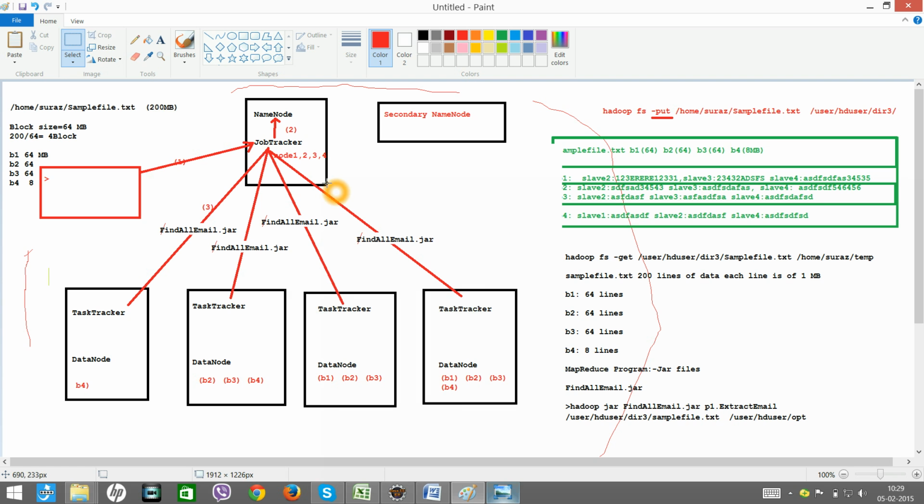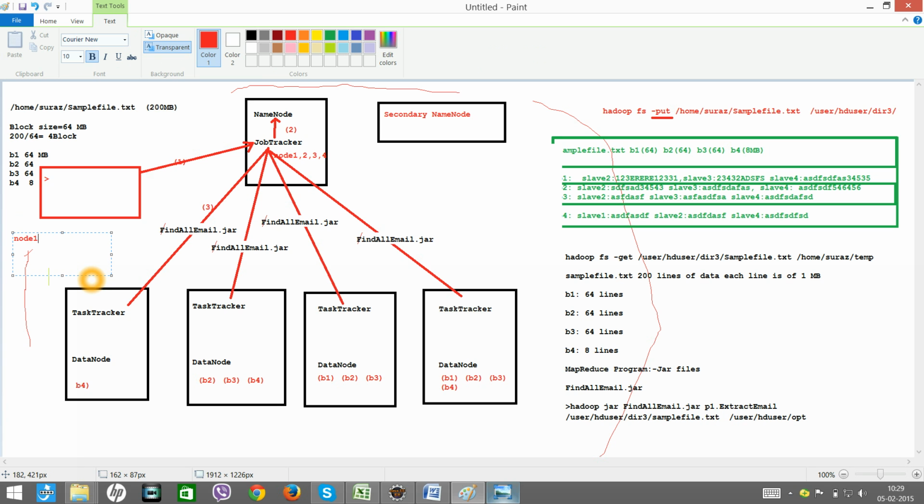Okay, as well as the job tracker will tell this task tracker that you work on B4 block. The job tracker will instruct the task tracker that you work on B4 block. Okay, that means node 1 will process B1, and then the job tracker will tell node 2 to process, sorry, this is B4. Job tracker will talk to task tracker to process, let's say, B3.